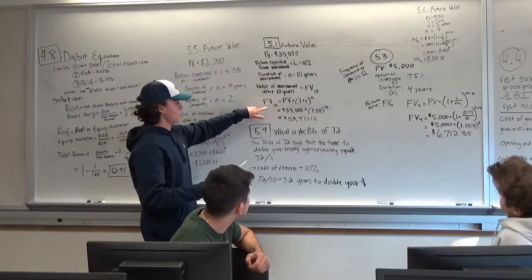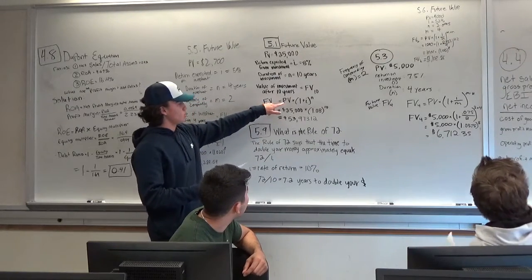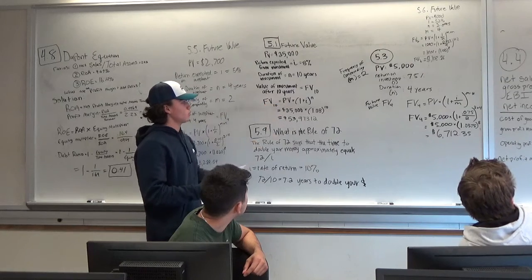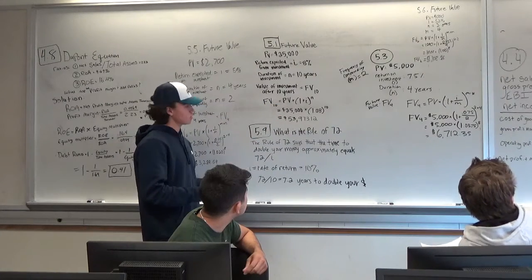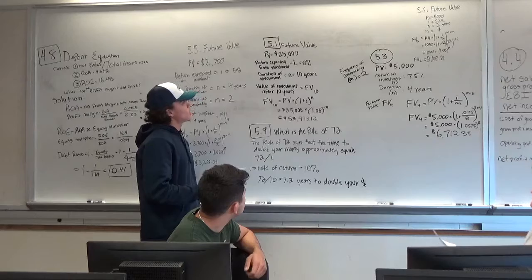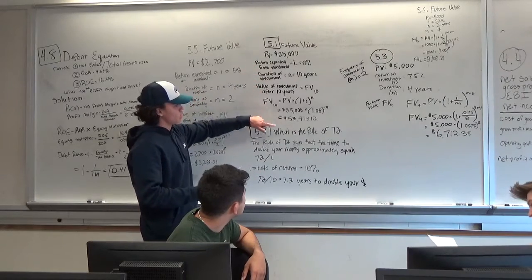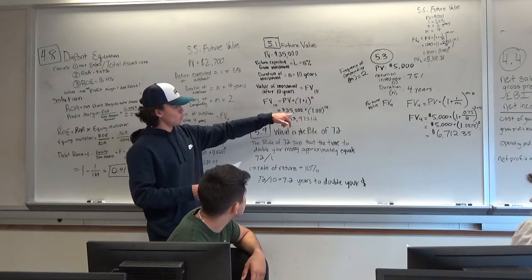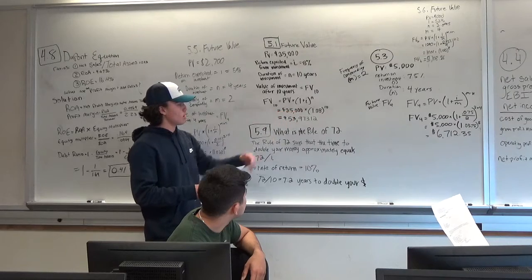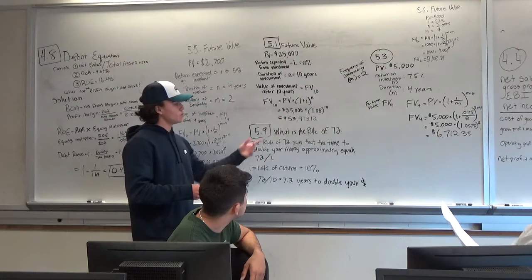So you have your future value of 10 years equals your present value times 1 plus your interest to the nth power. So when you plug in all these numbers, you get 25,000 times 1.08 to the 10th power, which comes out to be